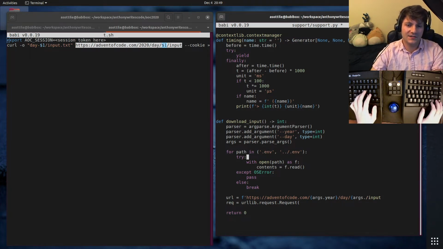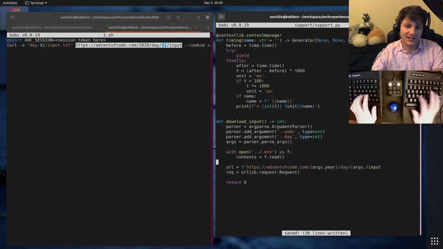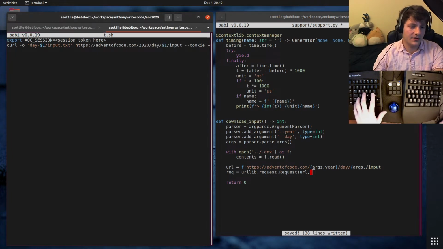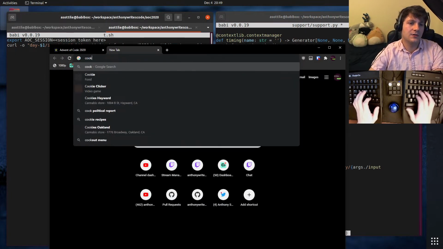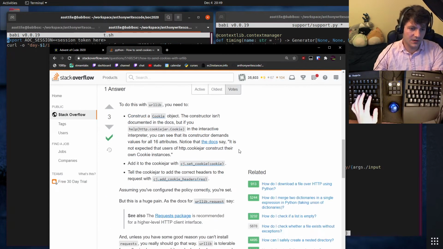Actually, let's just make it so you always have to do it in the right place. With open .env as f. We don't need error checking here. And we need to set cookies somehow. I don't know how to set cookies. Cookies urllib request. Let's send cookies with urllib.